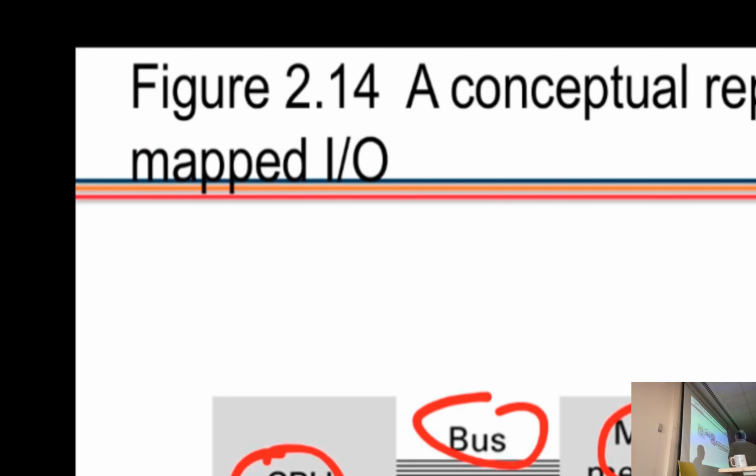How do you do it? This is memory. Are they going to be conflict? Because memory also has chip. The answer is no, because when you are connecting this controller, the bus is